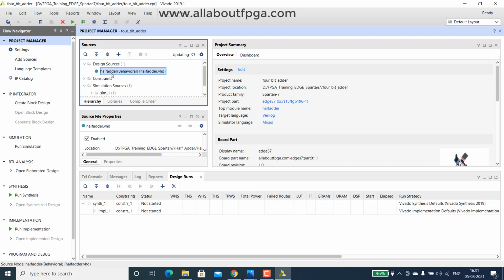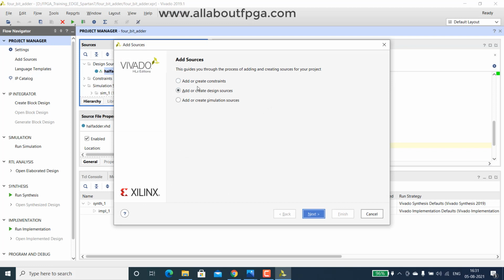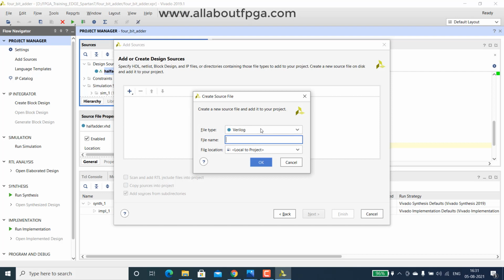So we have added that existing half adder code. The next step would be creating a new source. Name it as full adder.